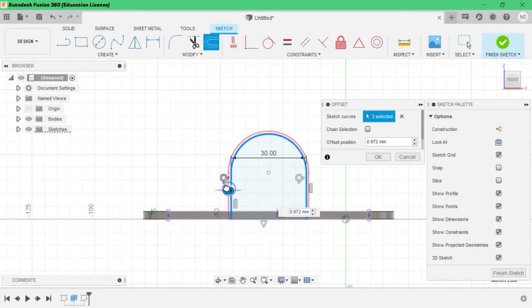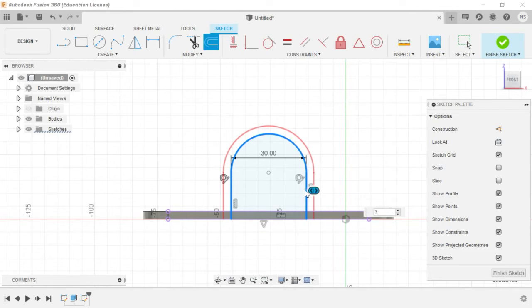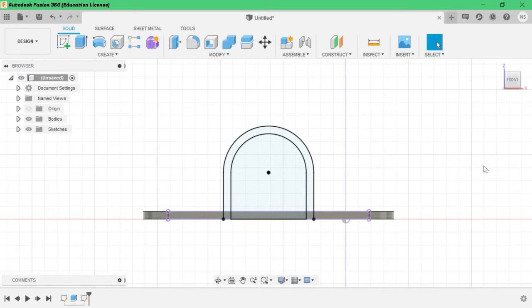Okay, now it's perfect. If you select the change selection, the whole thing will be selected. So we have to deselect the change selection and select again what you want. Okay, and 3 mm is enough for our thickness. Then click enter, and then click finish sketch.